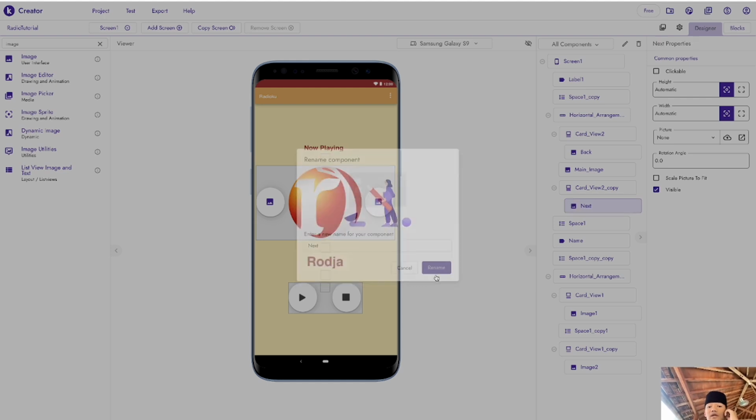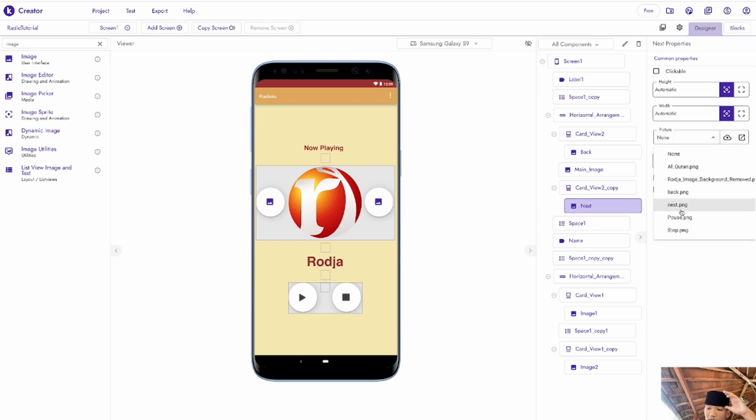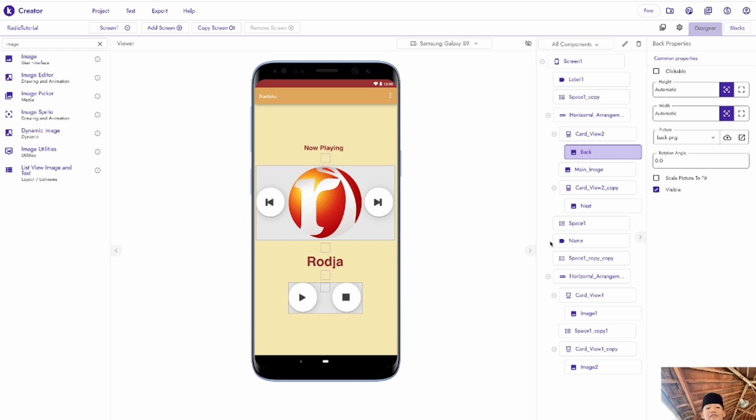The first will be back and the second will be next. Sorry, my bad. We're going to change it to the next button here. And the other one will be the back button. After we have done this, that's all the UI that we need.